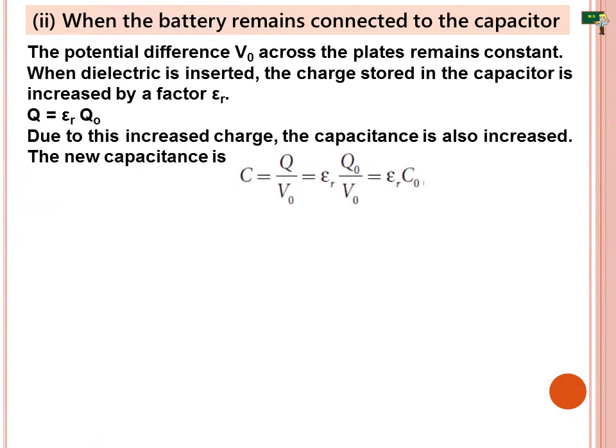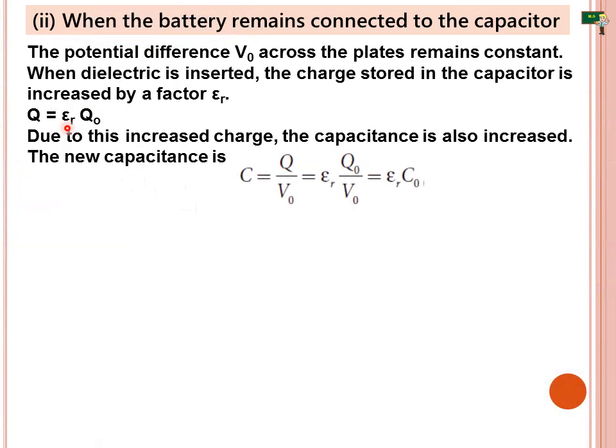Now, let's see what happens when the battery remains connected to the capacitor. Let's consider what happens when the battery of voltage V naught remains connected to the capacitor when the dielectric is inserted into the capacitor. The potential difference V naught across the plates remains constant. That's an important thing. Then when a dielectric is inserted, the charge stored in the capacitor is increased by a factor of epsilon r. Therefore, Q is equal to epsilon r into Q naught, because here epsilon r is the increased